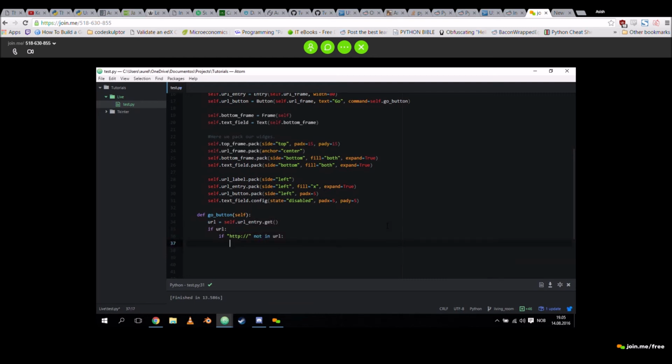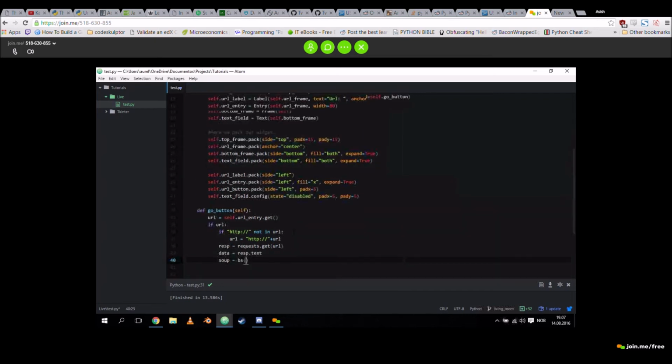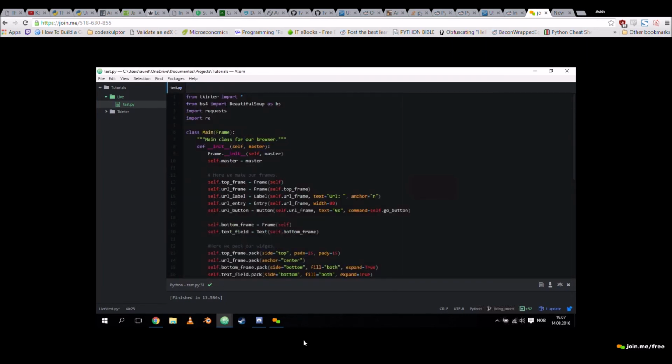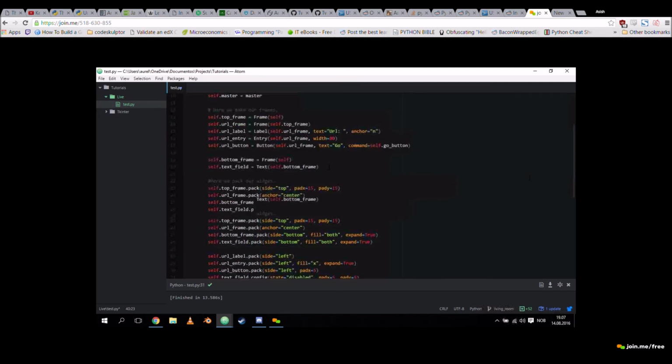So then we just check if HTTP is there. If it's not there, we add it. You should probably check for casing too. So we're going to make a BS. Remember, I imported from BS4. I imported the class Beautiful Soup, and I decided to rename it BS because I'm not writing all that more than once.